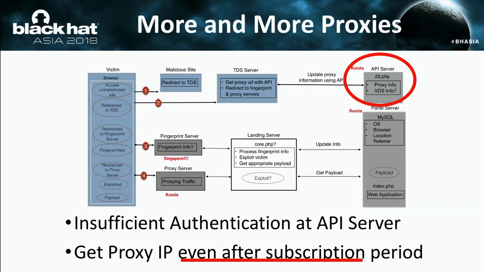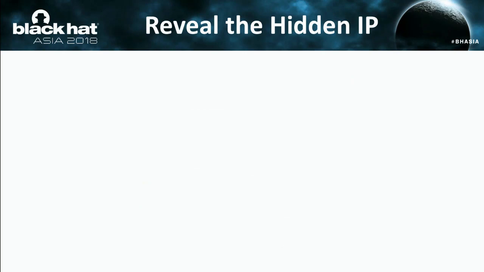And with this weak point, one registered user or attacker can generate a lot of proxy domains with the API all the time, even after the subscription period. So the third kind of weakness is